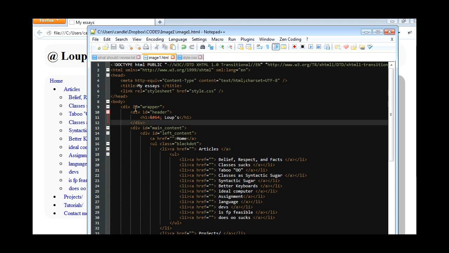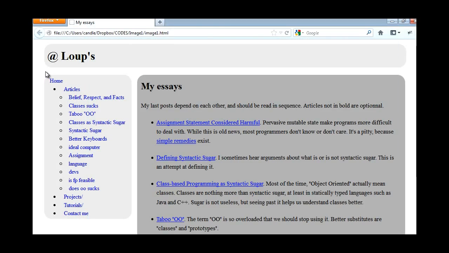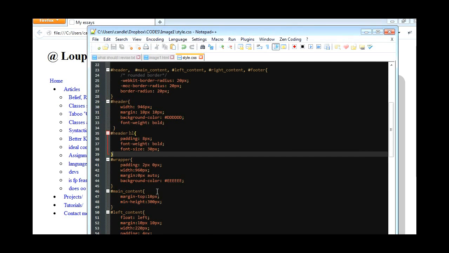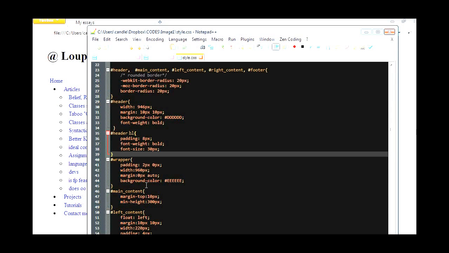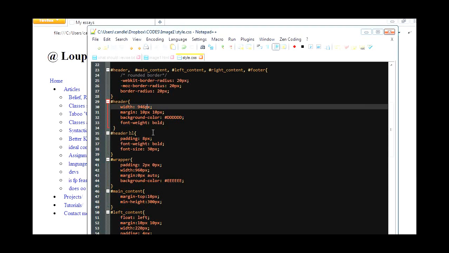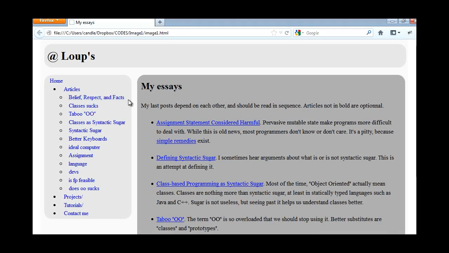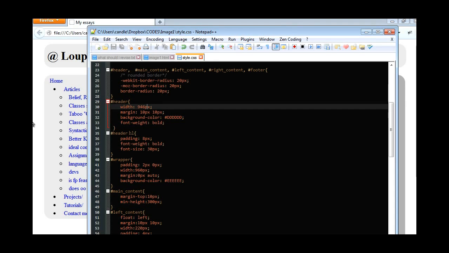For the wrapper, this is the whole wrapper, and if you notice, my wrapper is here at the background. It's a lighter gray. And let's check the total width for the wrapper is 960px. Alright, my header is 946px. This one, this box plus this margin plus this box is equivalent to 946px as well. So that's why my header and then the end of here are aligned. Alright,